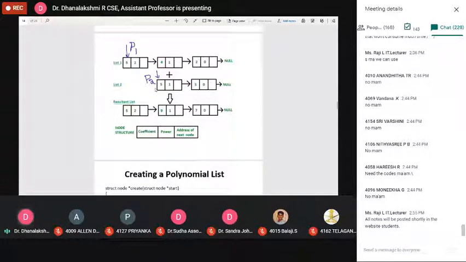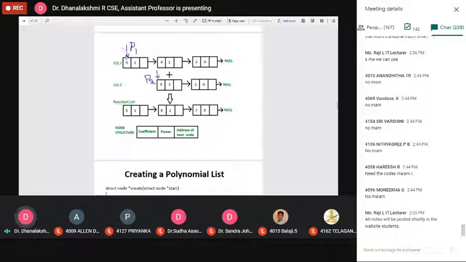First, we can start from the first position. Now the address of P1 points to the first node in the polynomial equation, the first node in linked list 1. For addition of these 2 polynomials, we are going to compare the exponent part of the node. Now, what is the exponent part of the first node, P1?